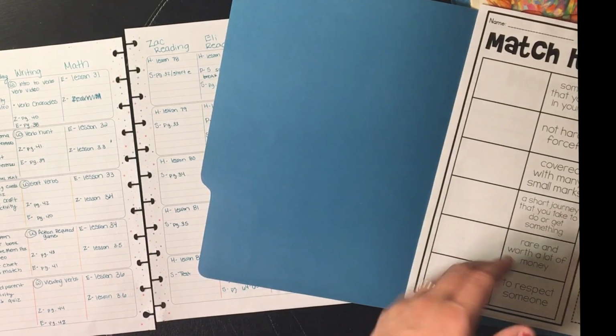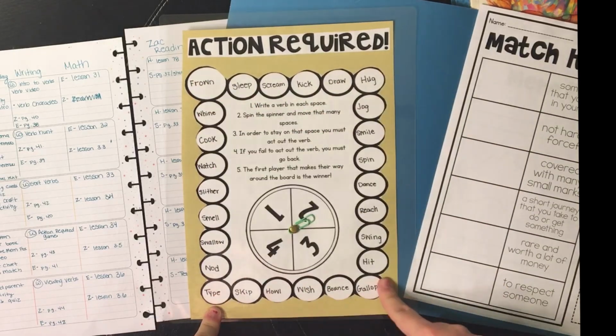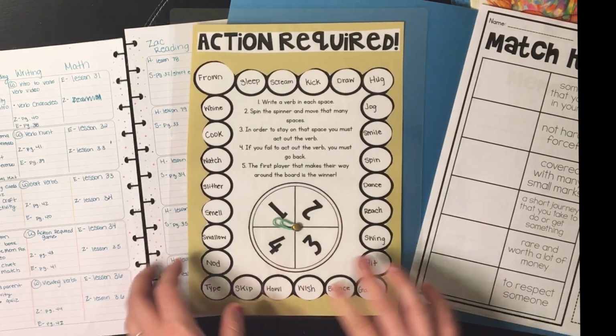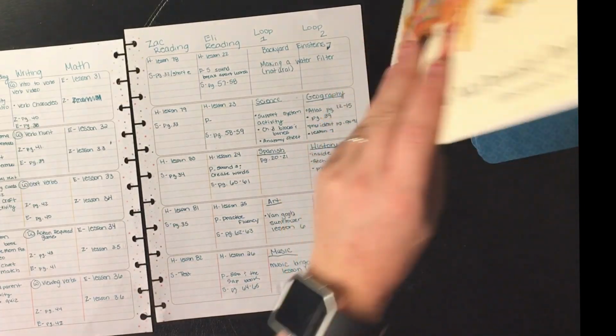And then for verbs they will continue. This came with a game and it told you to put in words, so I wrote in words, I cut it out, I laminated it, and I made it like a little game, and they will play this game with each other as a verb review, and I'll sit there and watch them play the game. And then on Friday what we will be doing